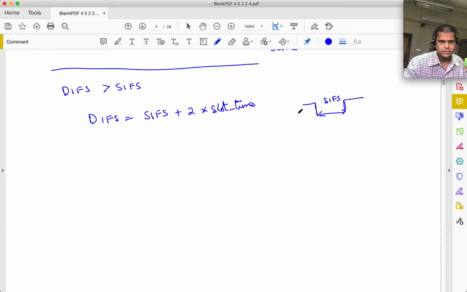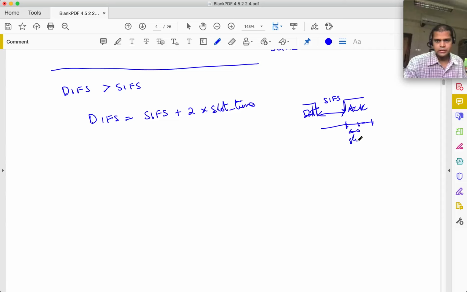Let's say this is the data and this is the ACK. So this DIFS shouldn't be just epsilon slightly greater than SIFS, because then that person may not be able to detect this ACK. You need to actually sense the channel for some amount of time to figure out the other person is transmitting. So DIFS is chosen to be 2 slot times